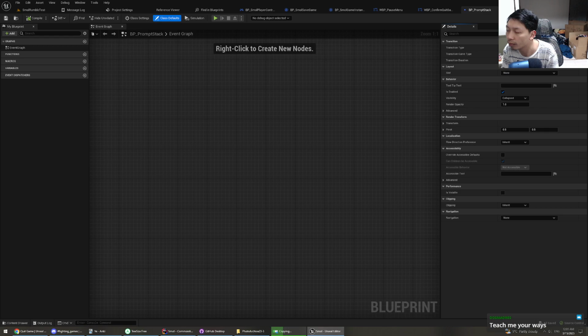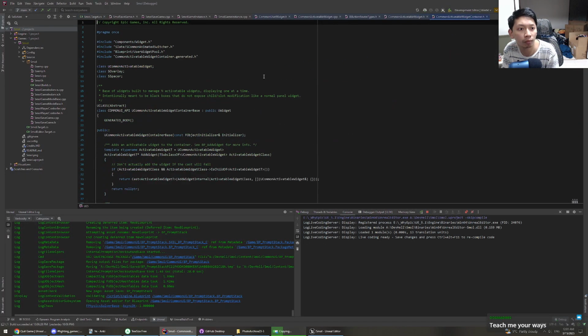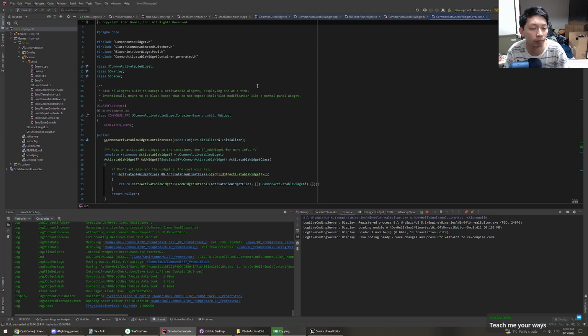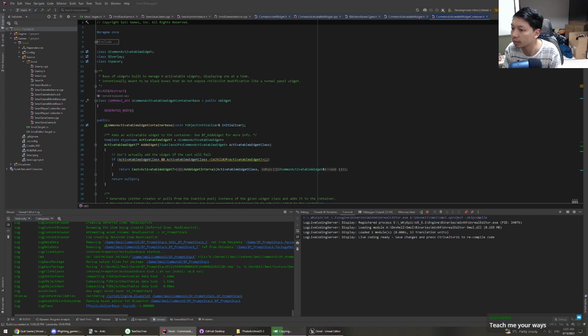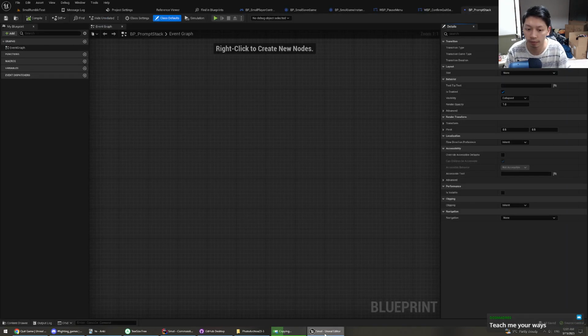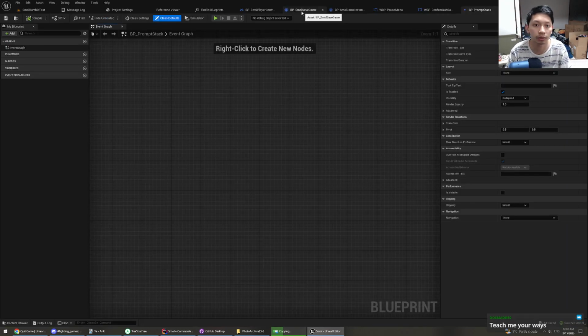On top of each other, lift a topmost item and it brings you back down to the next element, and so you pop things until you get back to nothing, and that's basically how a stack works. The thing on top is the thing that is most important and that you most want to use. There's also a common activatable widget queue,